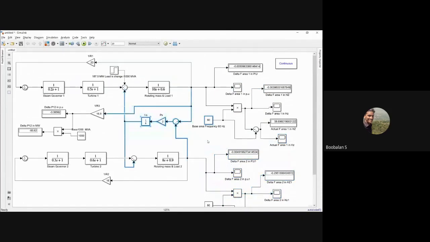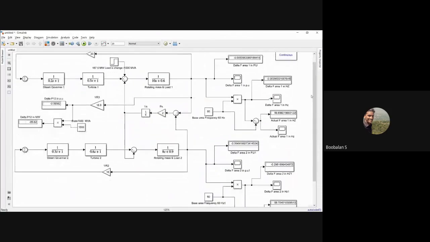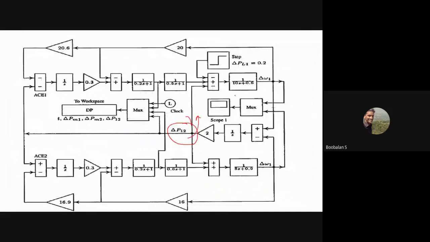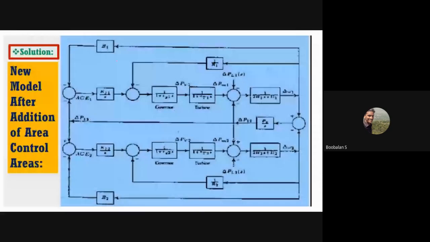So இந்த concept avoid பண்றதுக்கு என்ன பண்றாங்க அப்படின்னா, in practically also area control error அப்படிங்கிற concept introduce பண்றாங்க, right? So அதுக்கு தான் நம்ம we're going to go with it, right? This one. So இந்த area control error-ல என்னன்னா, we are just going to calculate B1, we are just going to calculate B2, that's all, right?